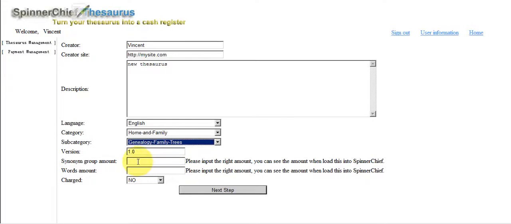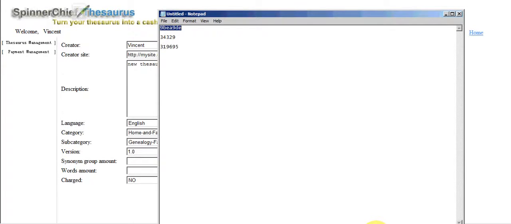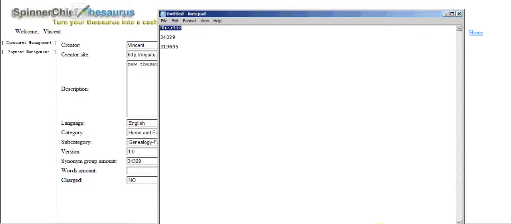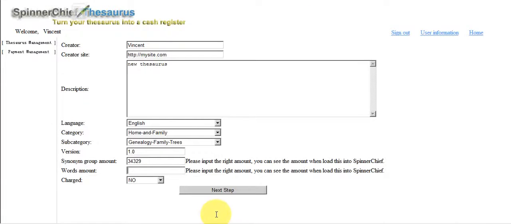And then that. Now, remember I told you need the details. So we need the synonym number of groups, which there is 34329. Total number of words, 319695.